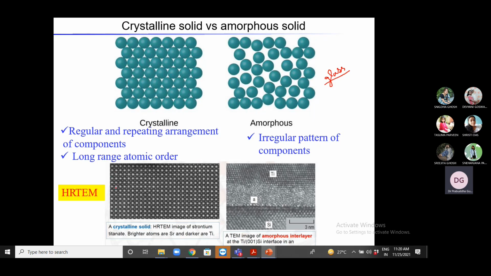You see that they are arranged in a very regular manner, and this regularity will not be limited to just one plane, but in millions of planes up and down of this layer, you are going to get the similar arrangement, and that is how a crystalline object differs from an amorphous object. And one very good thing about the crystalline object is